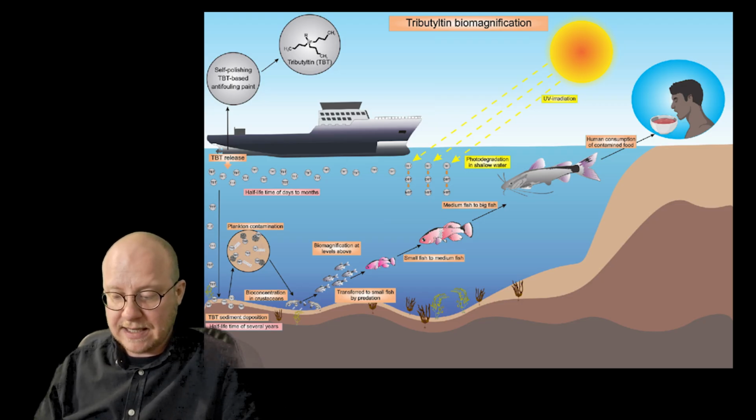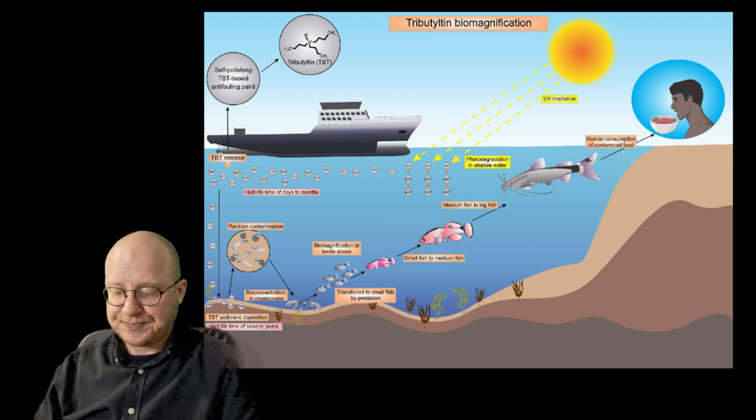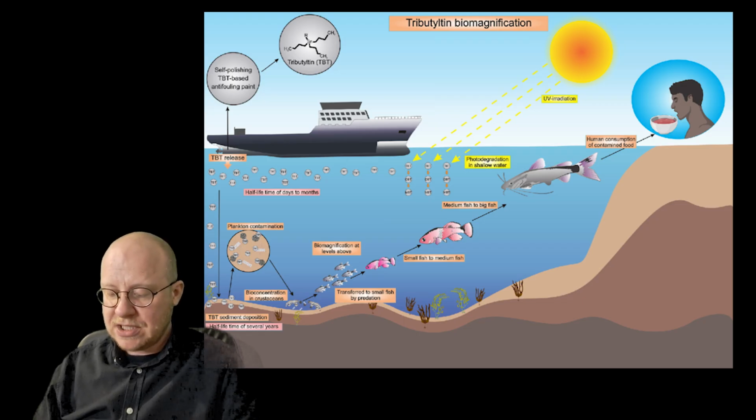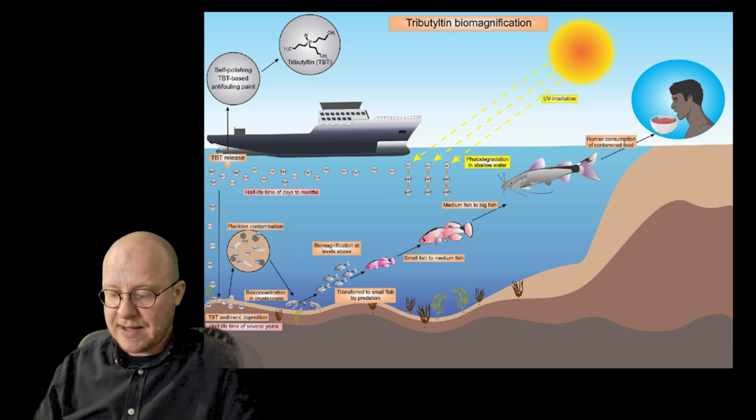TBT was for many decades used as a biocide to prevent the attachment of organisms to ship hulls. Okay, so they would paint this stuff onto the hull of a ship to prevent barnacles and stuff from growing on the ship. The TBT slowly leaks into the marine environment, where it can have a major impact on